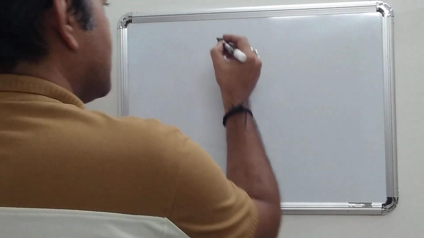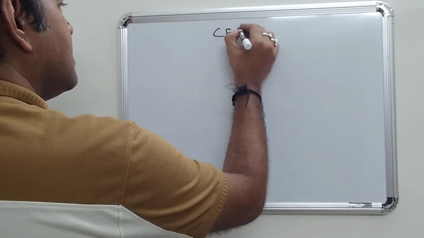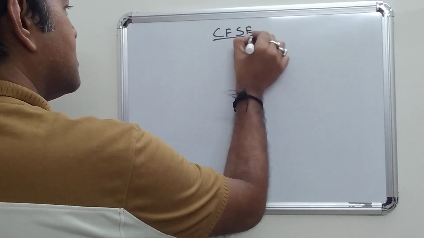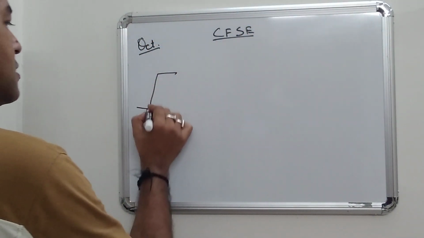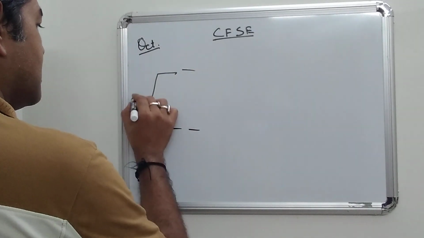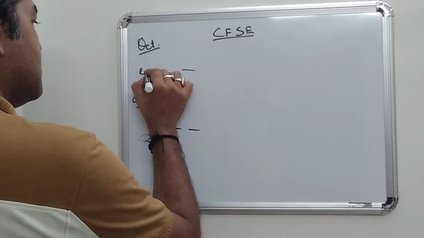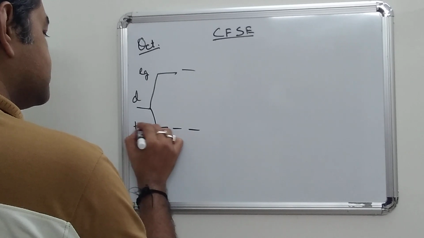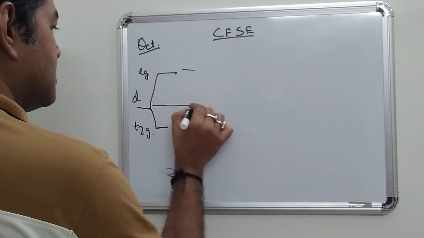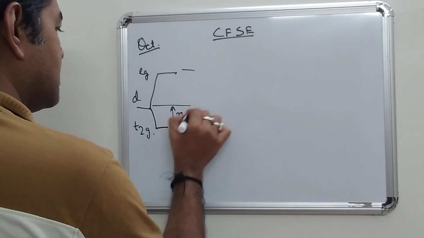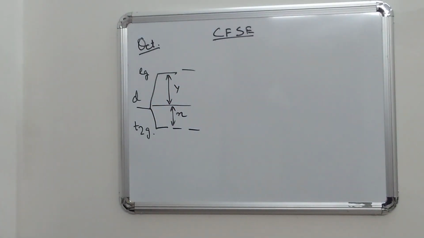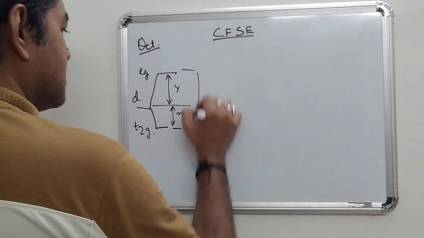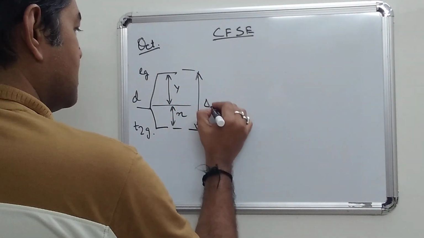Let us calculate the crystal field stabilization energy of an octahedral system. The d orbital splitting into Eg and T2g is like this. Let's consider the two energy ratios to be y and x, and the total energy difference will be